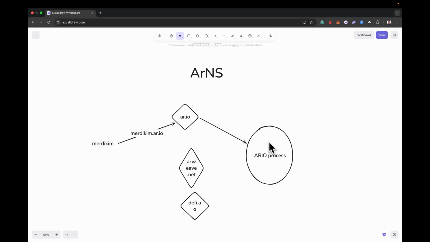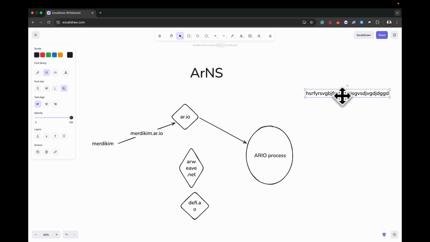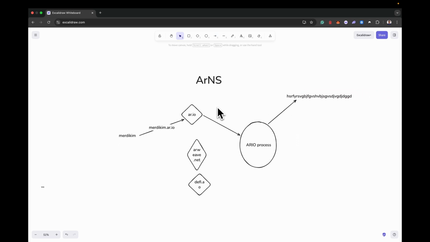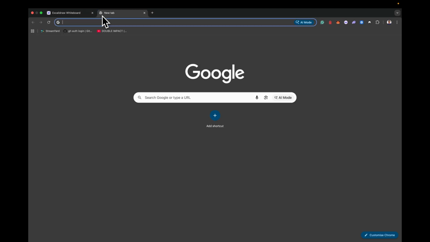So for example, if this name points to something like this, right? Let's say this is a transaction and it has to be, I think, 43 characters, but I'll keep it this way. So now if my name points to this transaction here, what will happen behind the scenes is the gateway will now fetch the data that is on this transaction and display that data to me here. In my case here, in the case of murdykim as an ArNS name, it's going to display the blog. So to show you, if I do